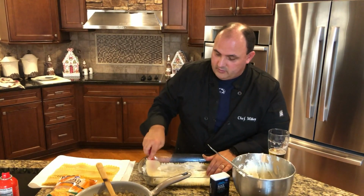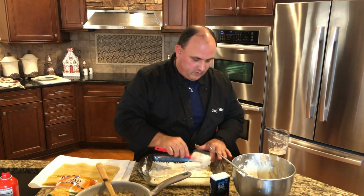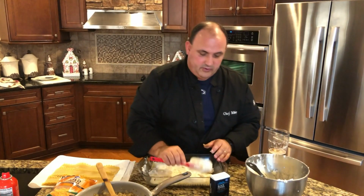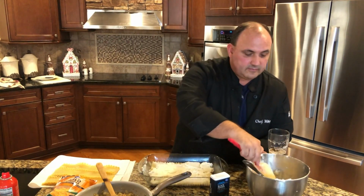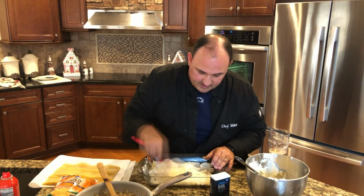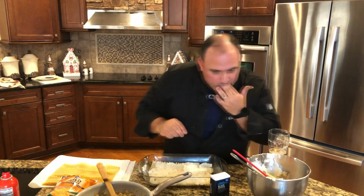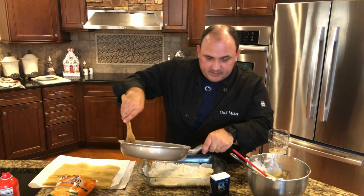Drop a little bit more in this corner here. There we go. I like to work the middle and then work the corners because that kind of ends it out. Very good. Same thing of this corner too. I can't wait till the next step to show you. Okay, good. Now, after we get everything nice and covered, the next step is going to be to add the mashed potatoes,